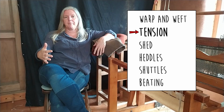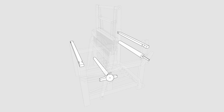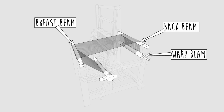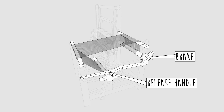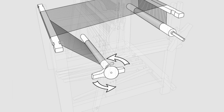They can't be floppy. There are comparatively high-tech ways to do that, like my floor loom, which involves a warp wound onto a warp beam, stretched between a back beam and a breast beam, and then onto a cloth beam, which I can wind forward as I weave to collect the cloth. To provide tension, the whole setup requires a brake on the warp beam and a ratchet and pawl on the cloth beam. So I can wind it forward until the warp is under the right amount of tension and let